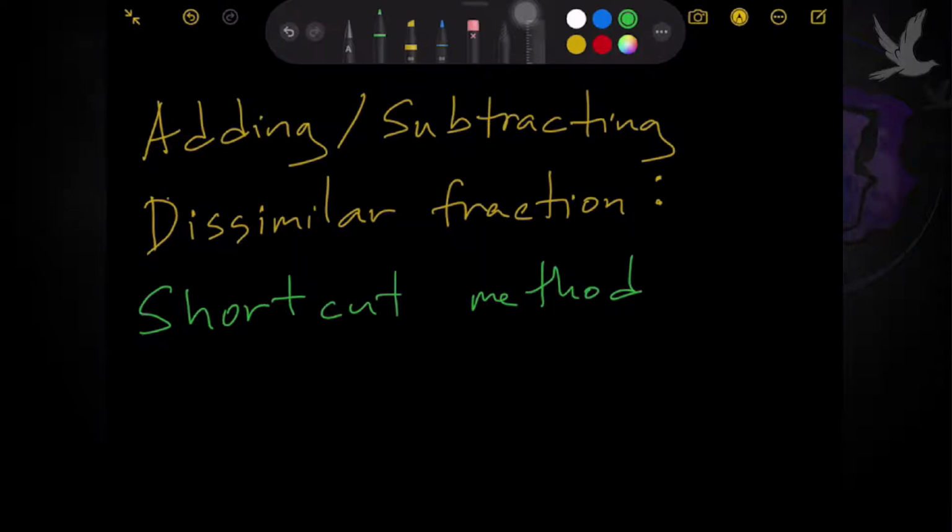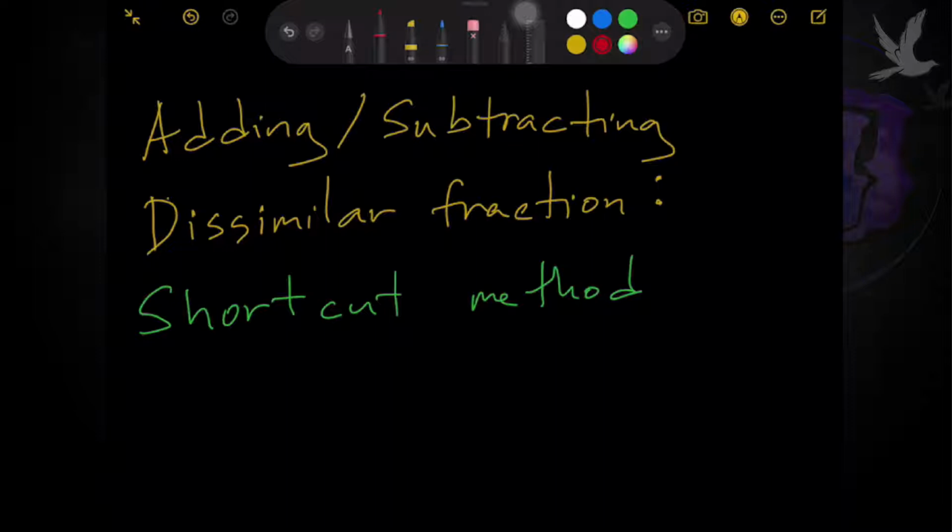Hello there kids, today you're going to learn how to add and subtract dissimilar fractions. But in this case, you're going to learn just the shortcut method. Okay, so shortcut method lang ang gagawin natin, which means hindi nyo muna ila-learn yung process ng proper way of